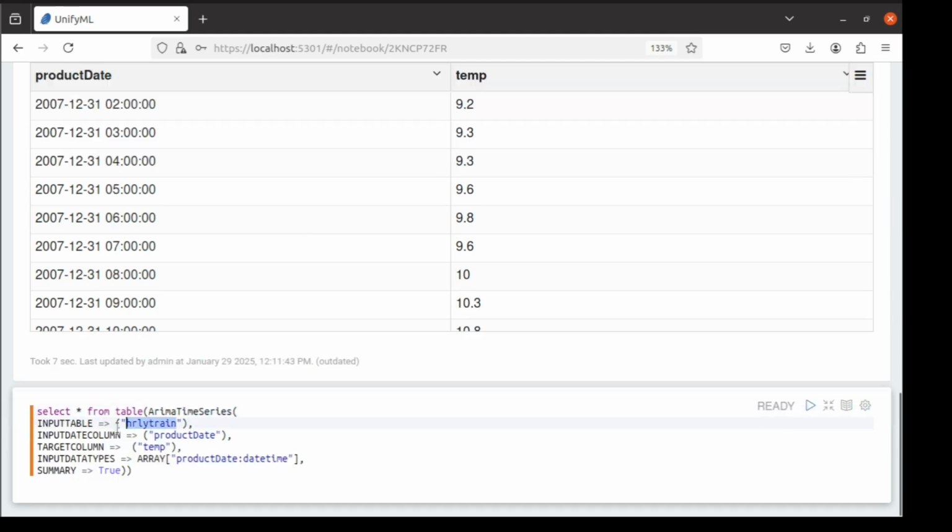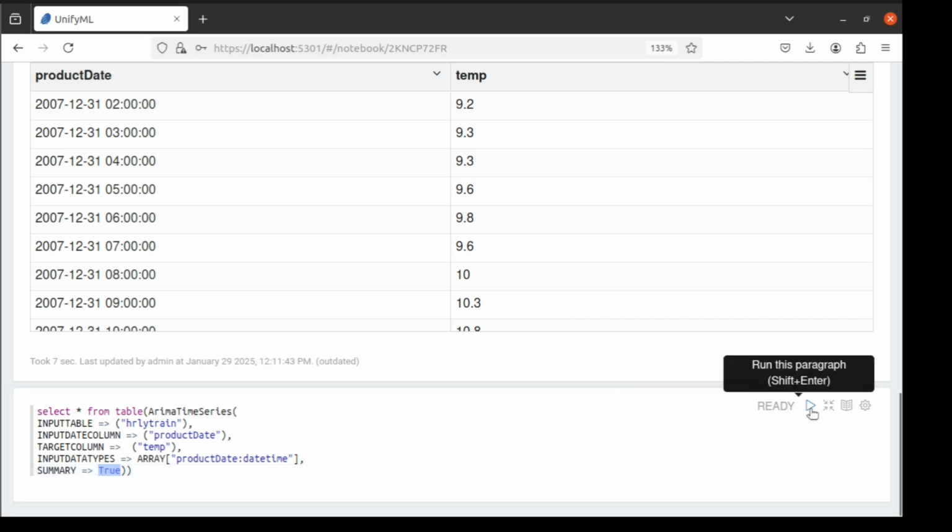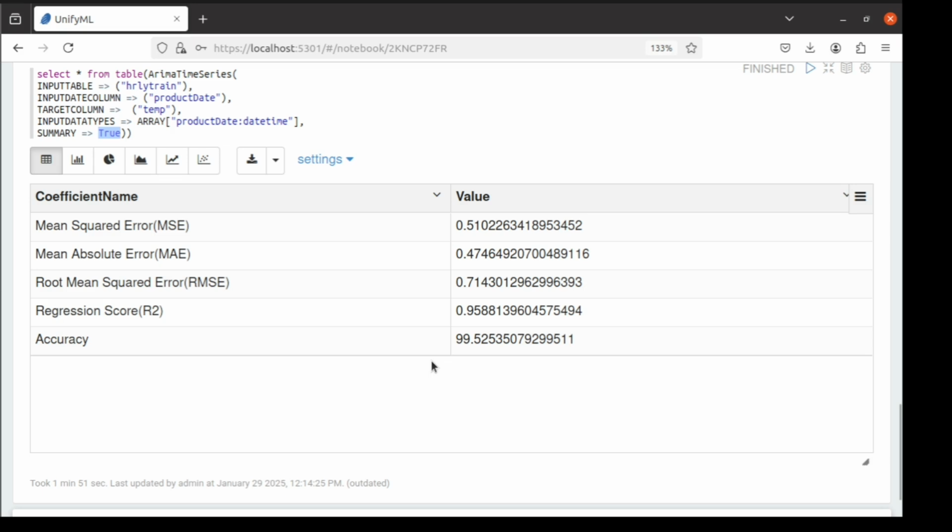Specify the input table, input date column, and the target column, in this case temperature. You can also adjust the data types for the columns if needed. The summary option is set to true, meaning we'll see the data summary. After running the query, the output shows the accuracy metrics for the time series prediction, including MSE, MAE, RMSE, and